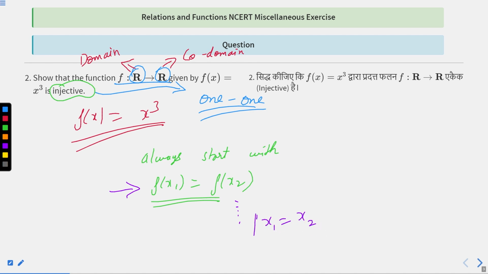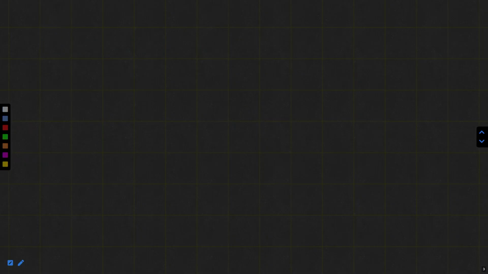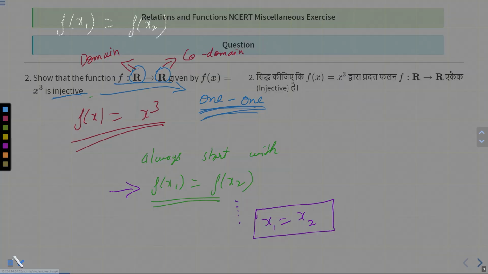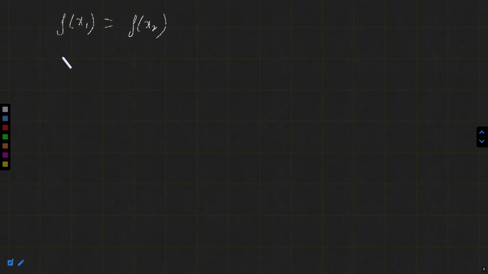If we succeed, then we say that this given function is injective, or a one-one function. So let's do the proof. Start with f(x1) equals f(x2). My function is f of x equals x cube. Now f of x1 will be x1 whole cube, and f of x2 will be